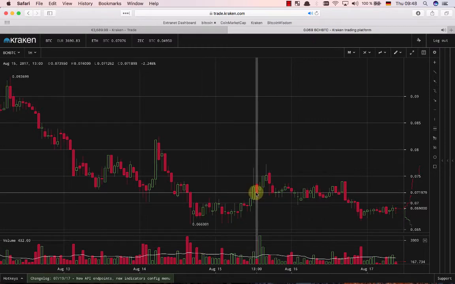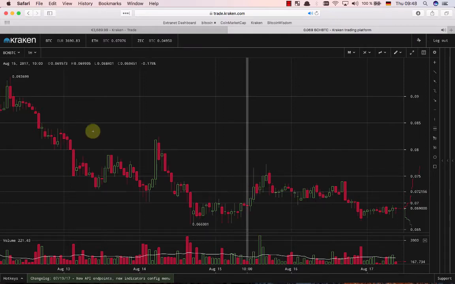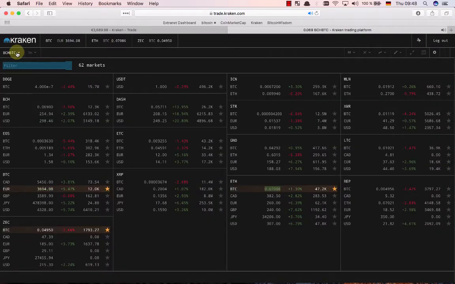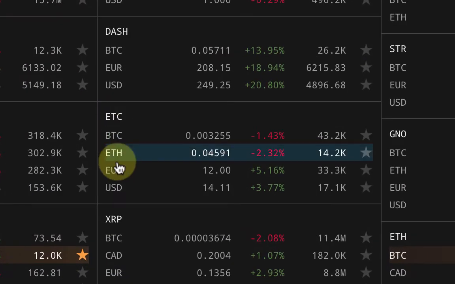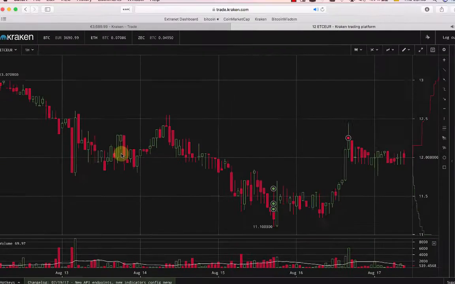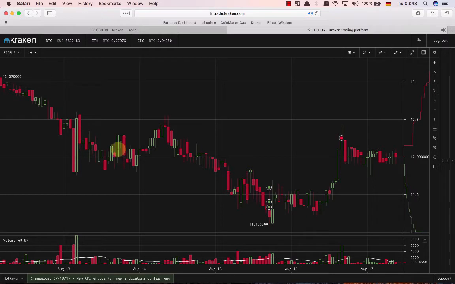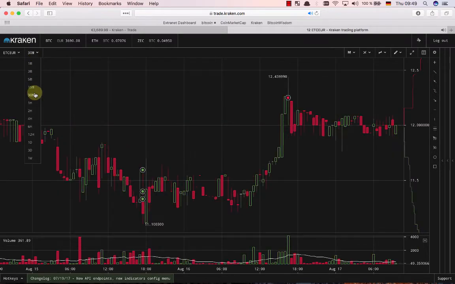The next step is to choose our trading pair. And I want Ethereum Classic and Euro. So this is listed by the cryptocurrency. So there's Ethereum Classic and there is Euro. Next, we want to choose the candlestick time frame. It's currently set to 1 hour. You can have more. We can set it to 30 minutes, for example, and we'll leave it for that for